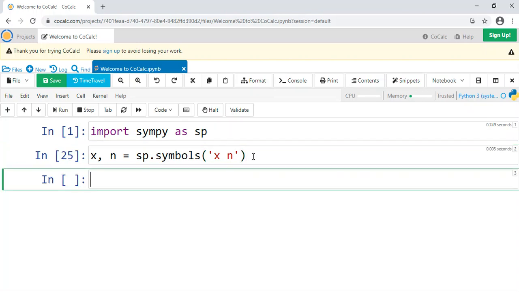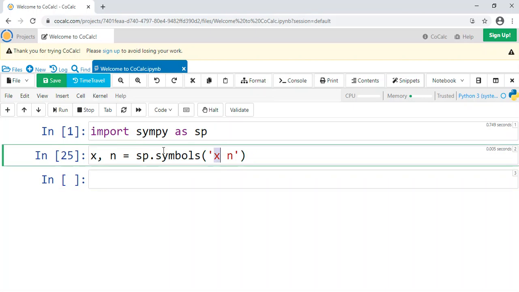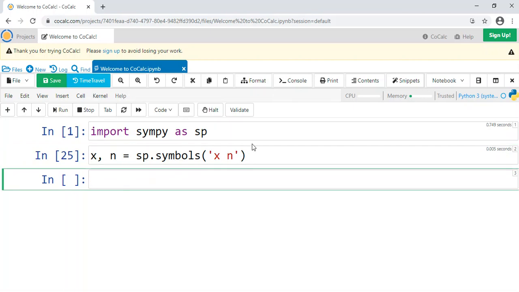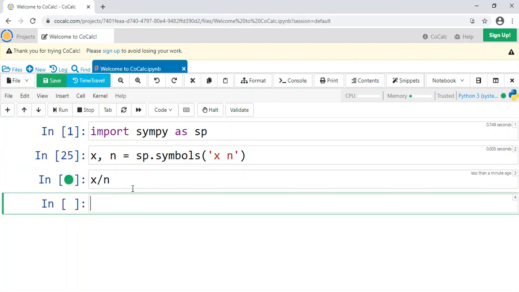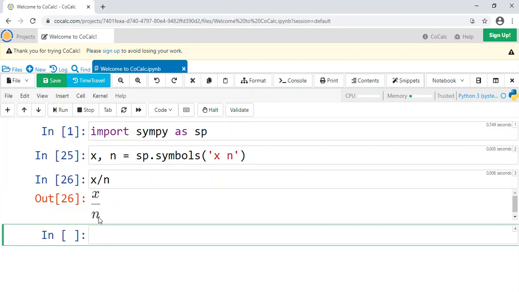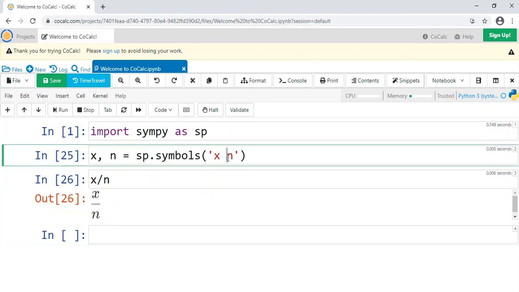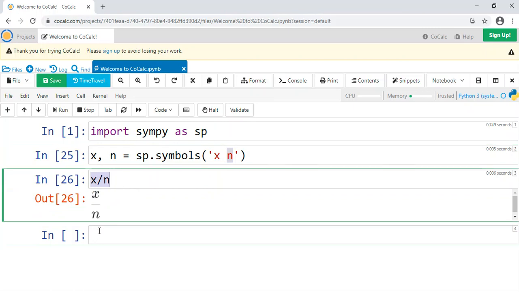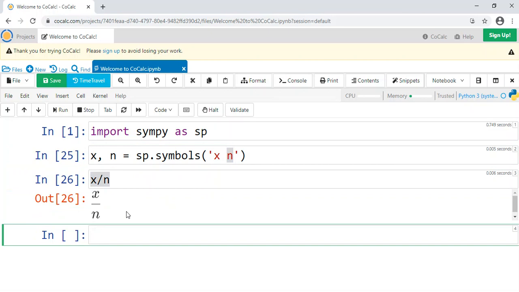Now, if you run this, now you have the SymPy symbol x stored into the variable x, and the same n stored into n. It does not have to be the same, but it really, really should be. It's pretty rare that you'll see it not be a match, because otherwise it would just be confusing, right? So now I can do all kinds of things. I can do x over n, and all of a sudden now I have x over n, okay? Because it's basically saying, okay, the SymPy symbol x over n is now what I'm representing with this variable x over n, okay? And or I can do something even more interesting.